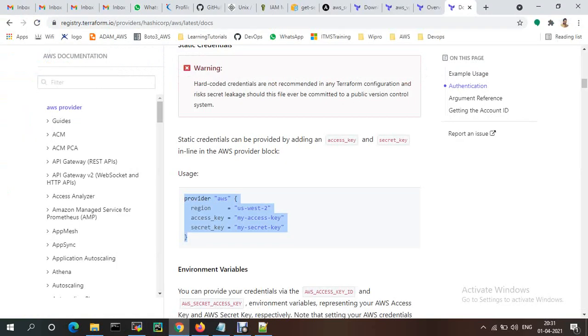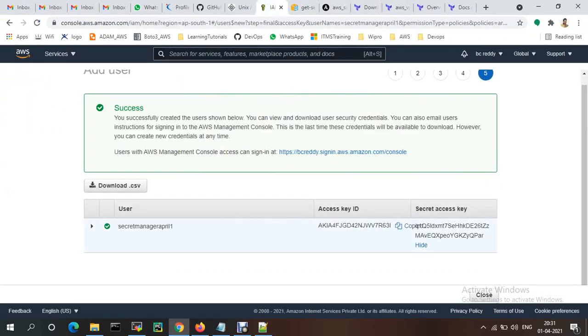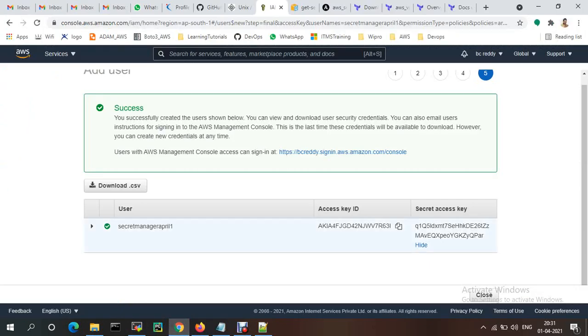If you go here, this is my access key ID and secret password. You just need to provide the password.